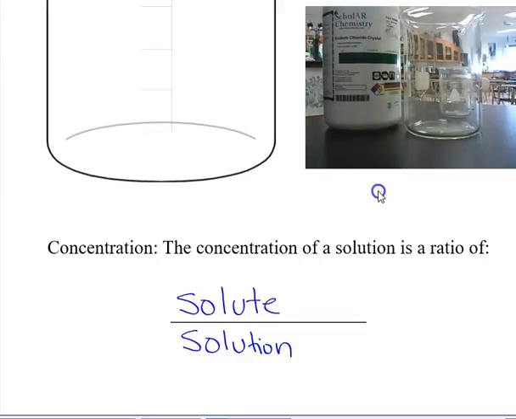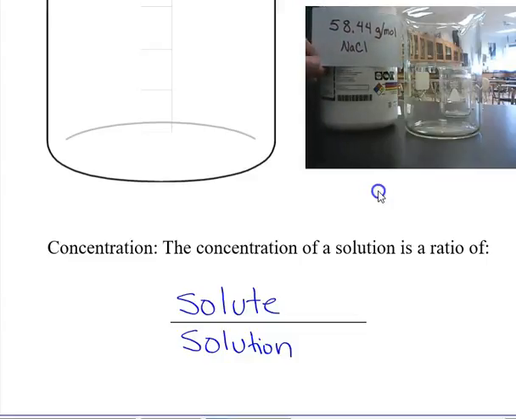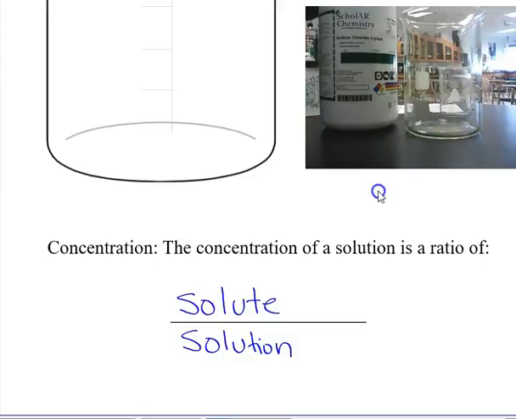Here's my bottle. Sodium chloride, and knowing the mass of sodium and the mass of chlorine, I can figure out that there are 58.44 grams per mole of sodium chloride. So each mole weighs 58.44 grams. So what I'm going to do is show you how to make one kind of solution today, called a molar solution. So, when we have molarity, we're going to measure this in